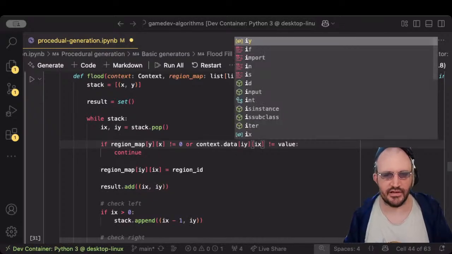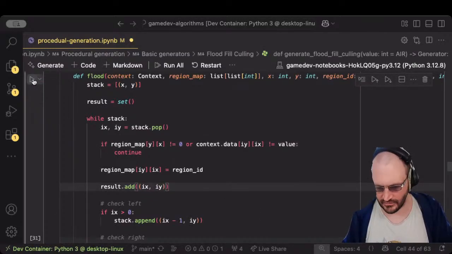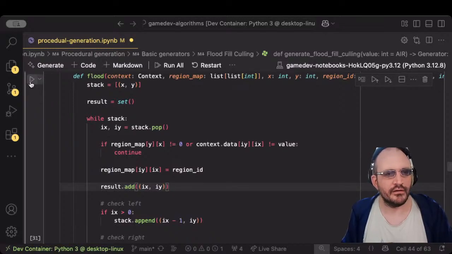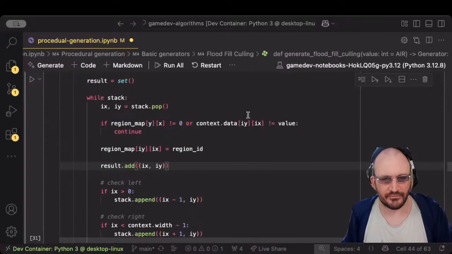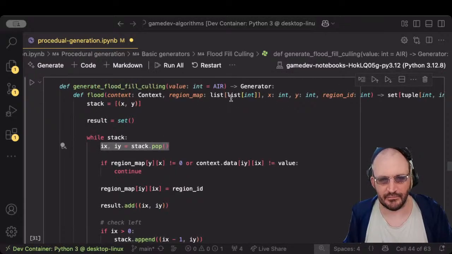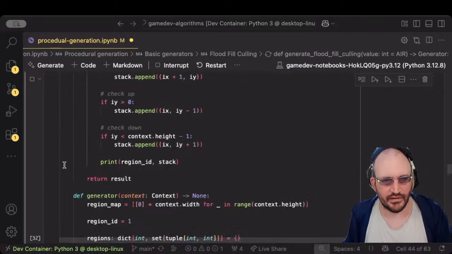One tiny mistake, and that's had us scratching our heads for what, 10 minutes now? So I had X and Y in here instead of the items X and Y, so it was just looking at the same coordinates each time. So now when we run it,